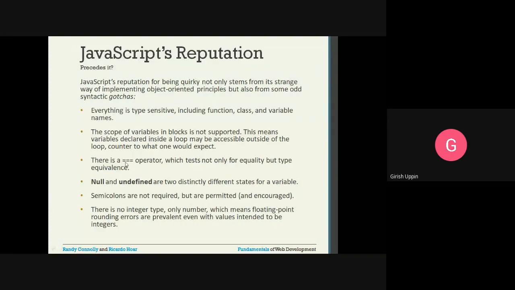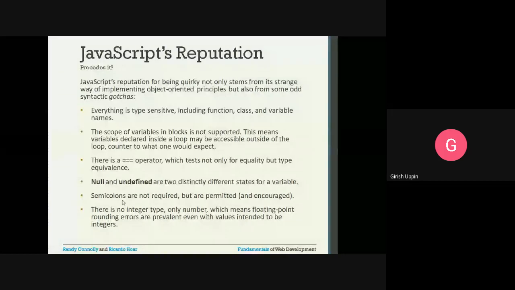There is also the triple equals operator, which tests not only for equality but also type equivalence. So this operator checks the equality as well as the type of the data. Null and undefined are two distinctly different states for a variable. Undefined means that the variable is not defined. Null means it is defined and has a value of null.